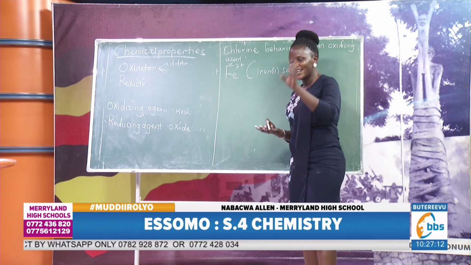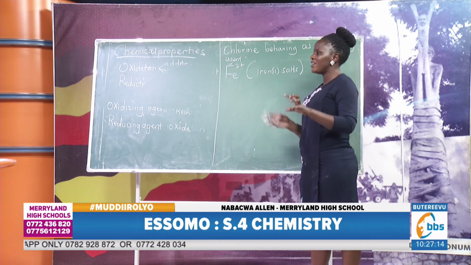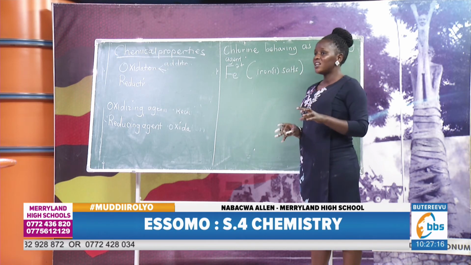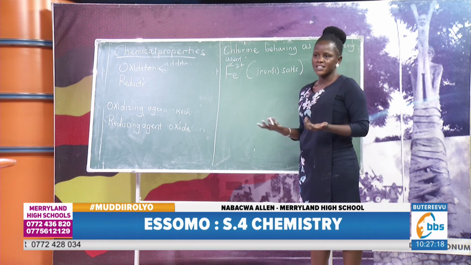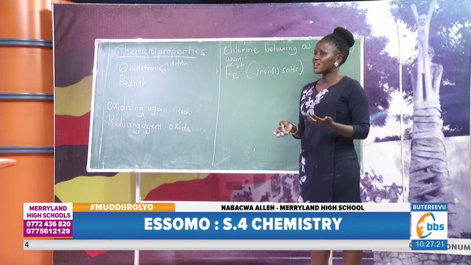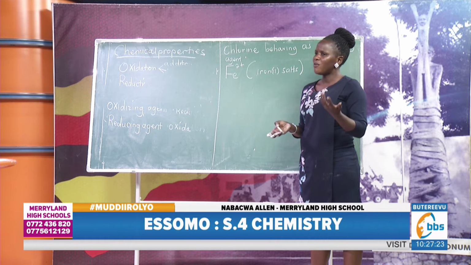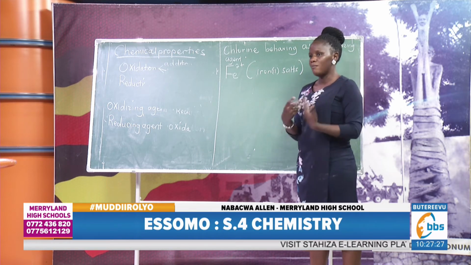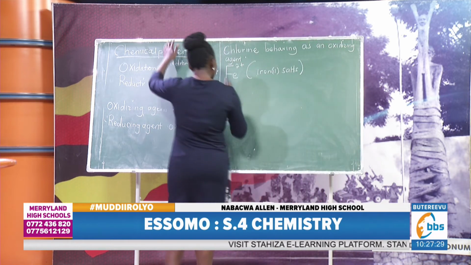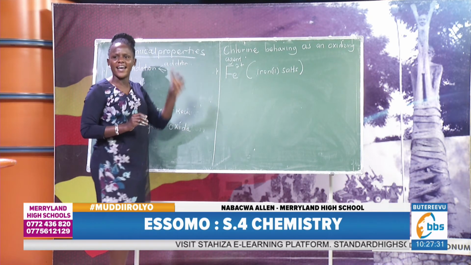Write the ionic equation. And it means that when they say write the ionic equation, and you write the molecular equation, you will be marked wrong. But if the question just says write the equation, whether it is an ionic equation or a molecular equation, any will be marked. So, for example, what would happen if